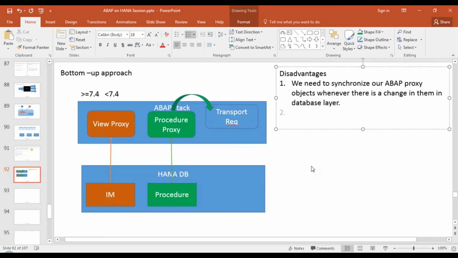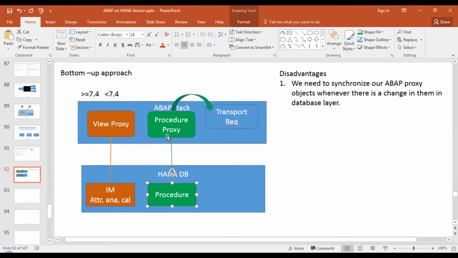Of course, right. View proxy is used for information models, your attribute views, your analytical views, your calculation views. If you want to consume them in an app, use view proxy. You cannot call a procedure via view proxy. Similarly, the procedure proxy is a proxy of a HANA database procedure.